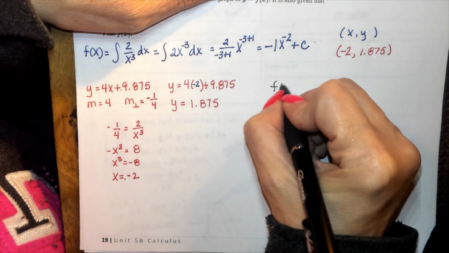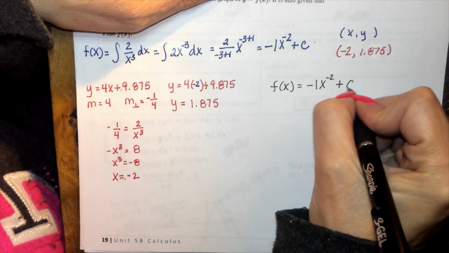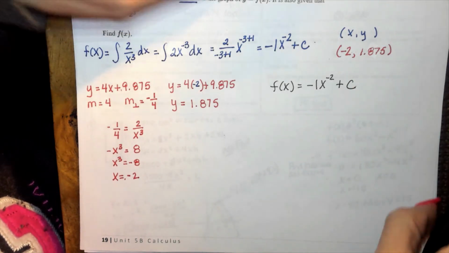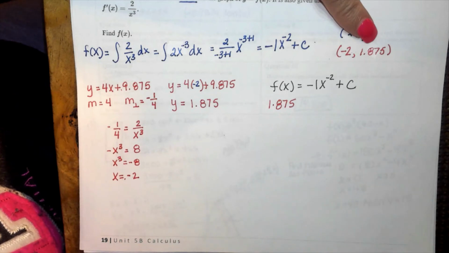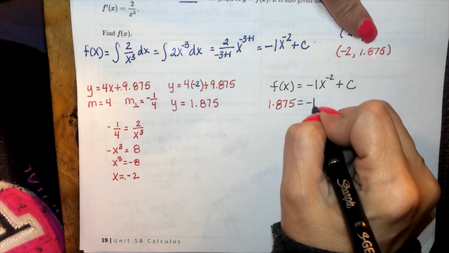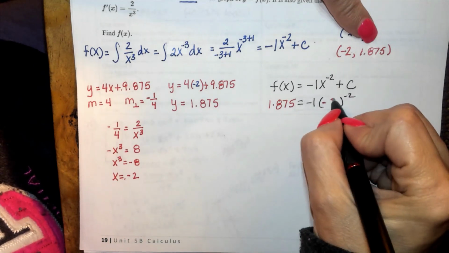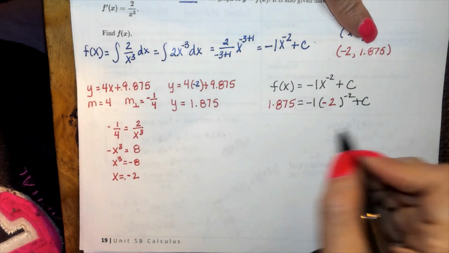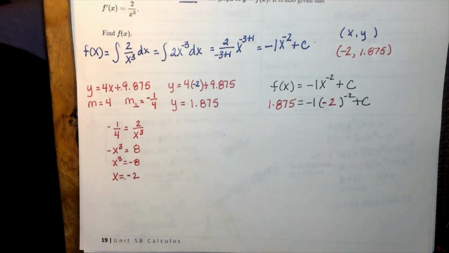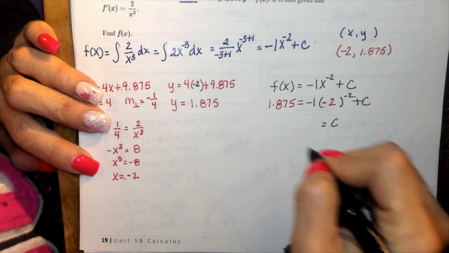So f of x equals -1 x to the -2 plus c. I know the y value is 1.875 equals -1, and I know that the x value is -2, plus c. Solve that for c. Okay, guys, when I solved that for c, I got, that's just algebra, hopefully you can do that,